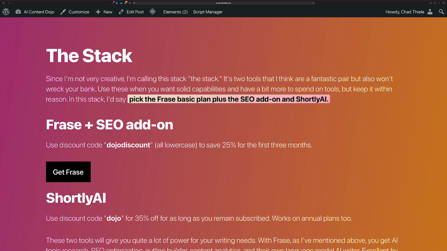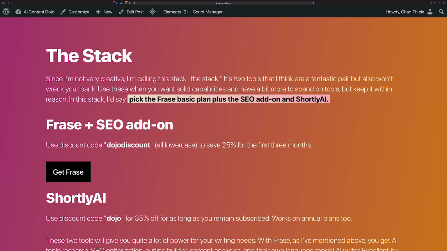Okay, and then finally, let's wrap it up with the middle of the road stack. I just call it the stack, since I'm not very creative, I guess. It's two tools, and in this case, it's Shortly AI and Phrase with the SEO add-on. As you can tell, Phrase is kind of all over the place in here. They really do have a good deal.